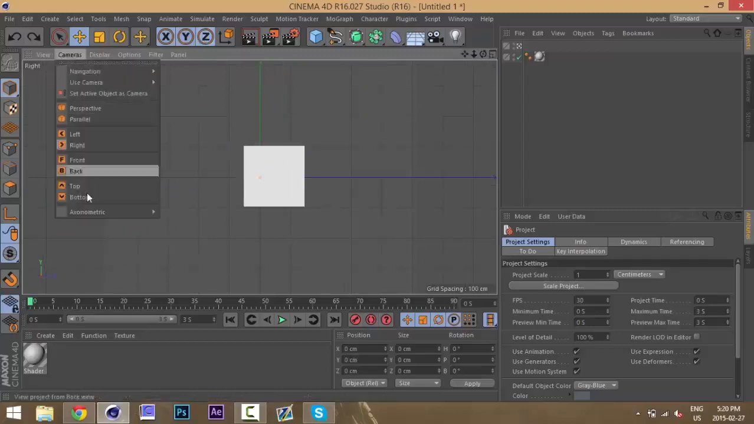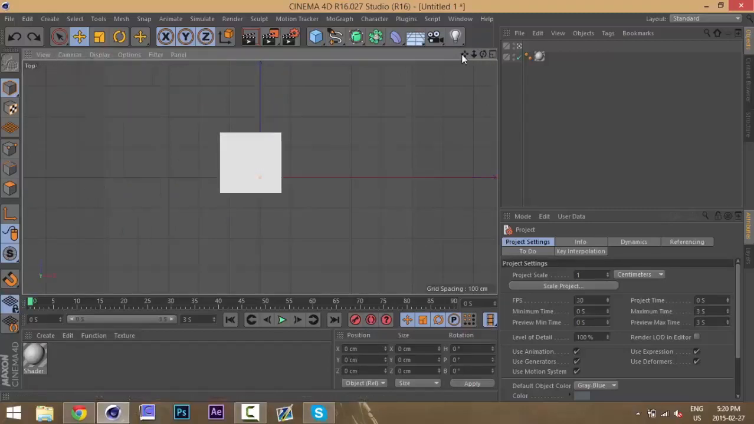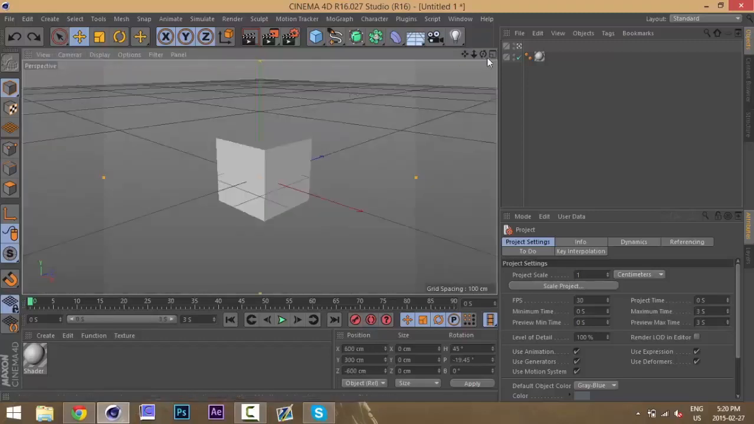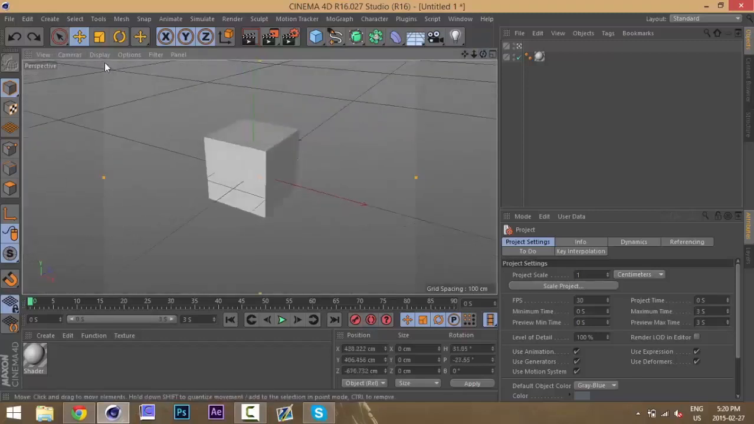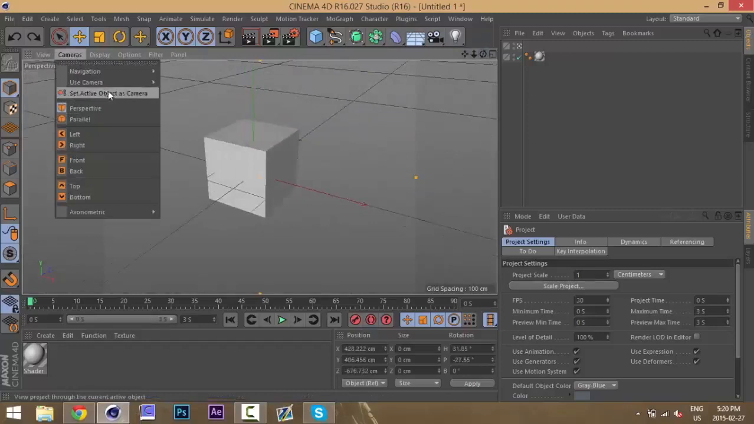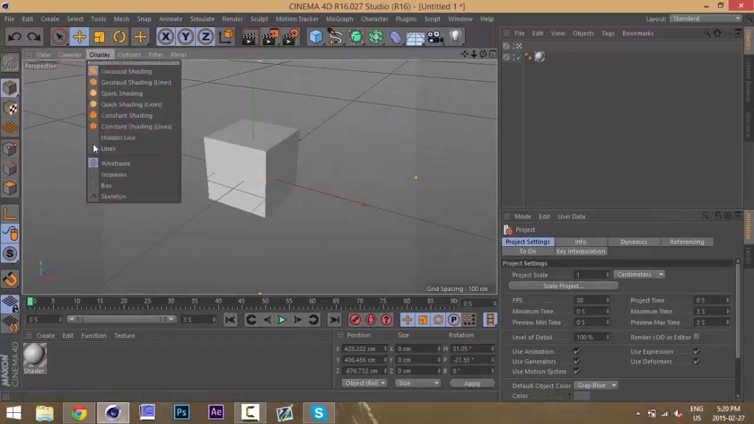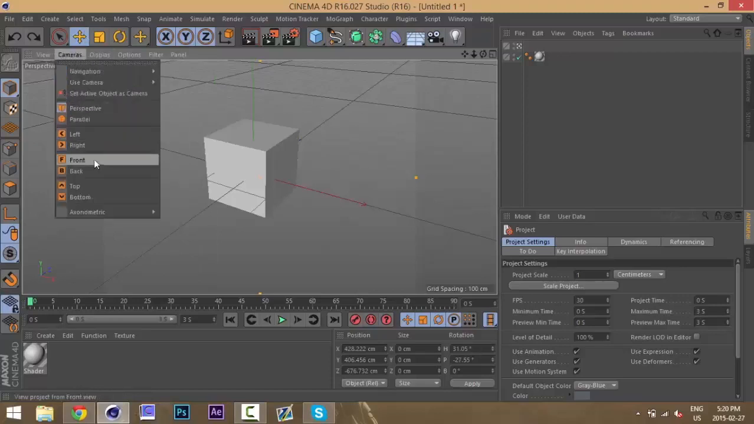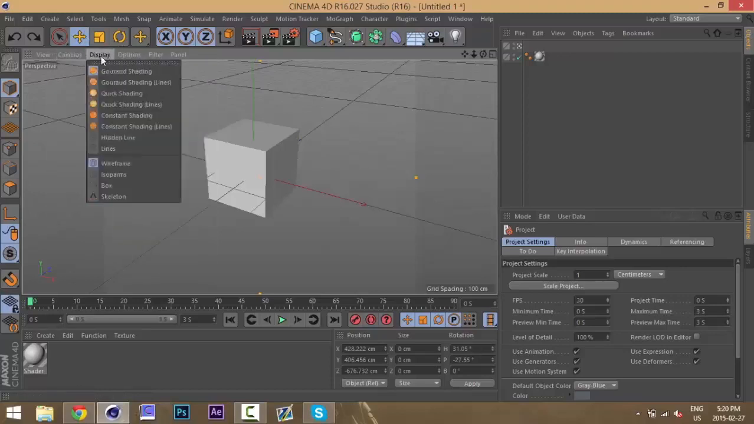Right, you got top, and sometimes you need these for positions and whatnot, and it's pretty complicated, so you guys will get it as I use it in the next tutorials. But yeah, it's pretty self-explanatory. It's just different angles of views. Here we have